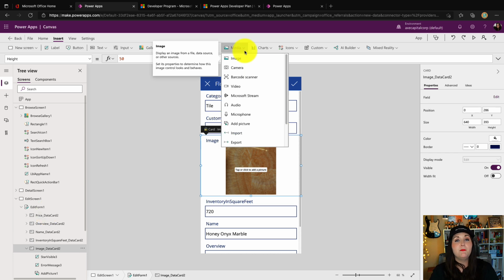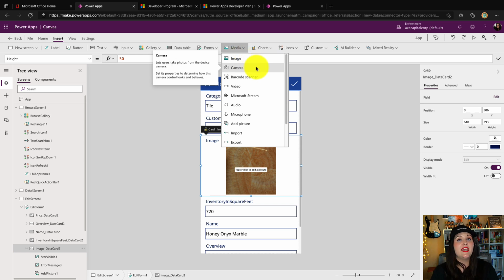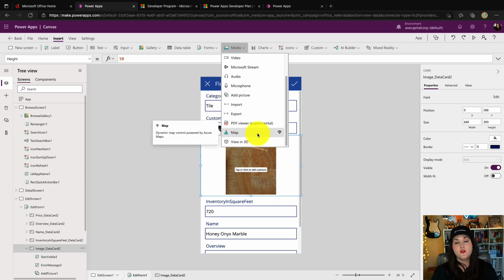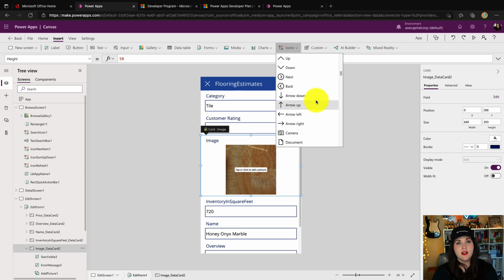We also have several different media controls we can take advantage of. We can add in images into our applications. We have a camera control to have an interactive camera to take pictures inside of our apps. We can embed videos and audio. We even have barcode scanning that uses your mobile or tablet's device native barcode scanning functionality to enable you to do things like do a quick inventory app and scanning those barcodes. We're able to record audio with a microphone control, view PDFs, and we even have integration with maps, being able to embed that, and mixed reality with our 3D viewer object. And then adding in all kinds of fun icons that we can use for different things like navigation between different